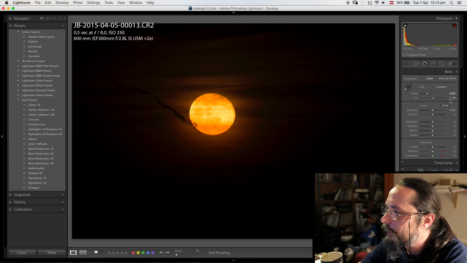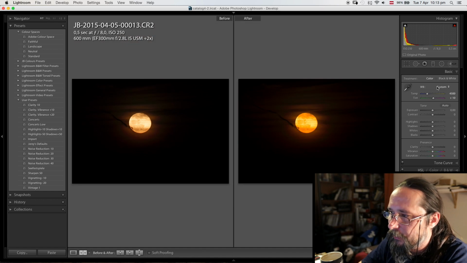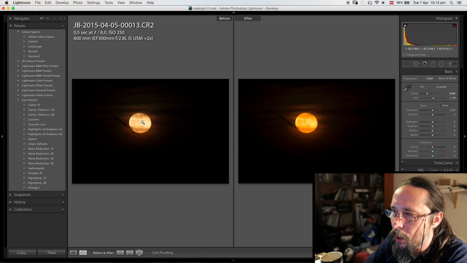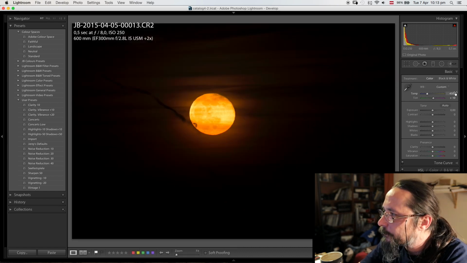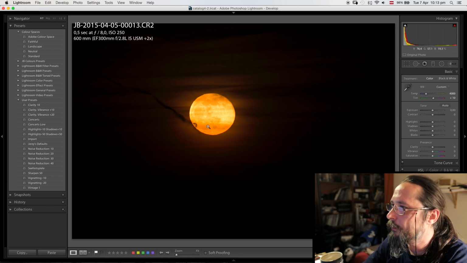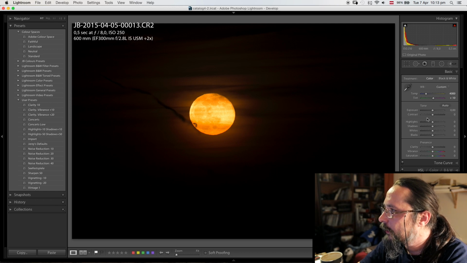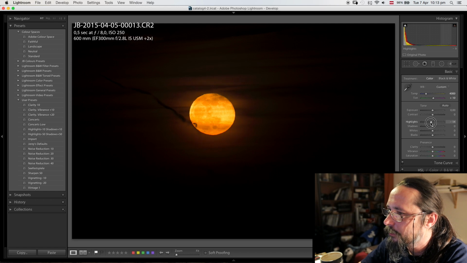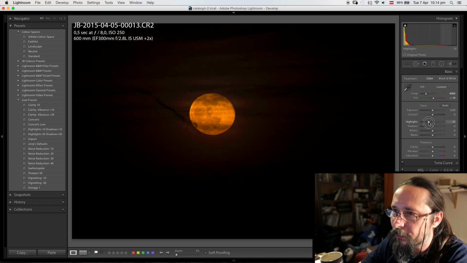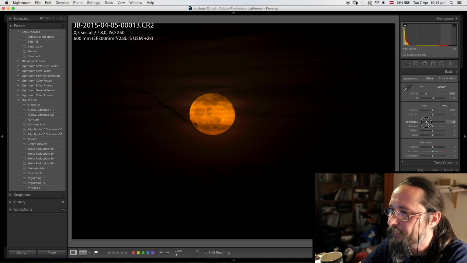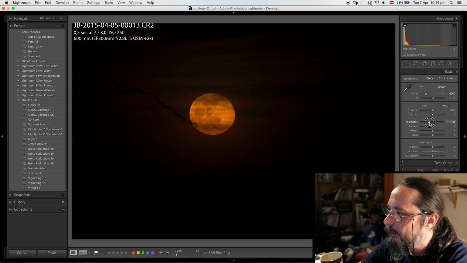Maybe I'll just leave it at 4500, because this is too white. I mean, in reality it was orange on the horizon. Okay, let's do 4000. So it's a bit warmer compared to what I was shooting, and I think I will leave it at this stage. Let's try to reduce the highlights. Look, if I'm reducing the highlights, what happens to the moon? It looks like a Death Star. Yeah, but 50 is too much. It was bright. I want to pull back here,